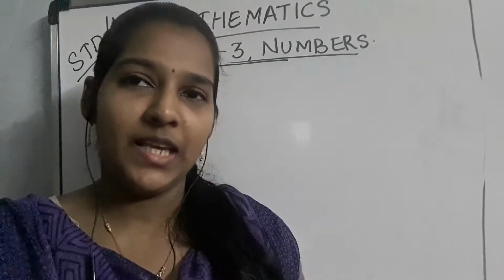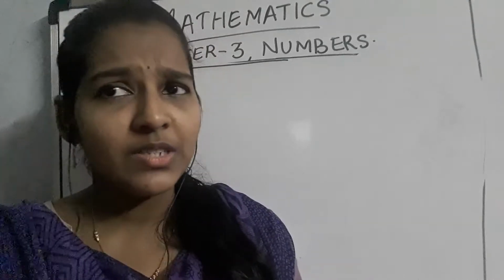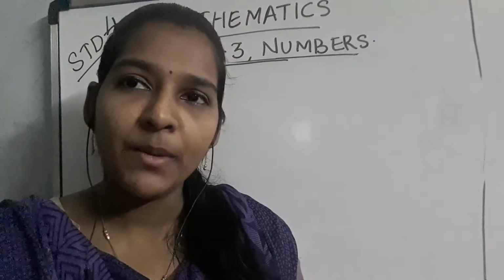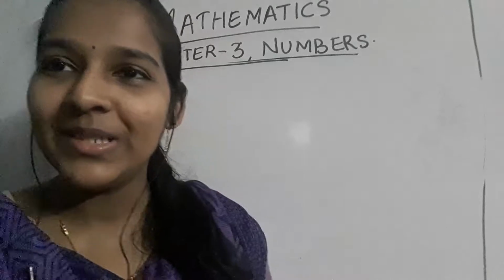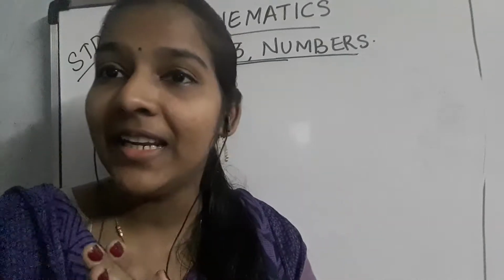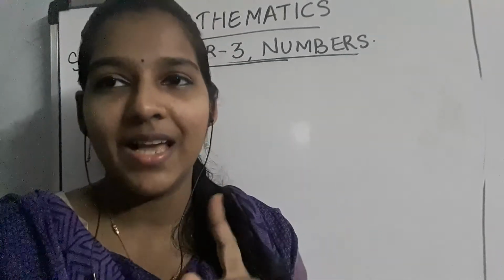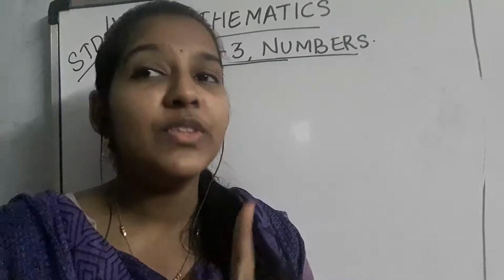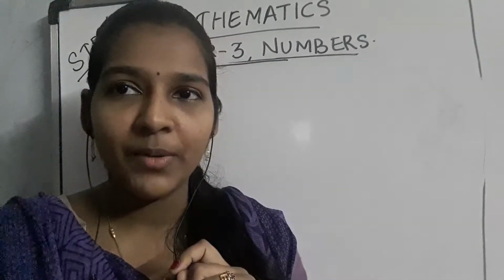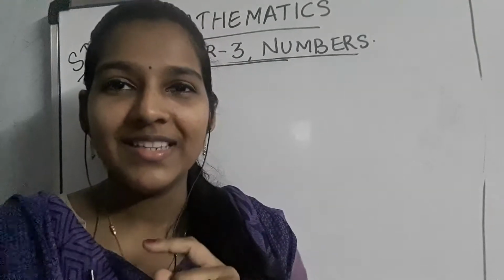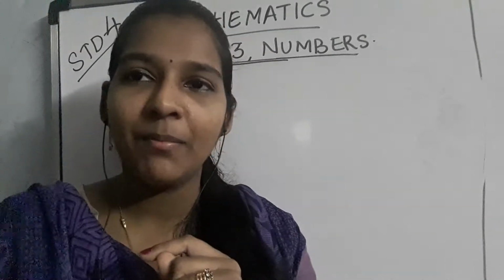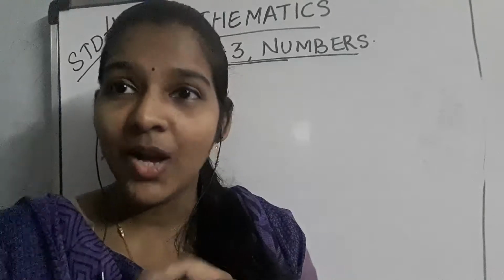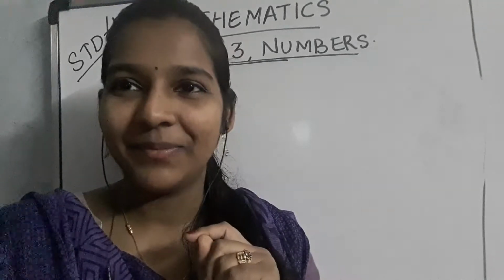So, the first thing is, do you know children what are one digit numbers? Yes, the numbers from 1 to 9 are called one digit numbers, isn't it? And which is the largest one digit number? Yes, that is 9. And you tell me which is the smallest one digit number? That is 1, isn't it?